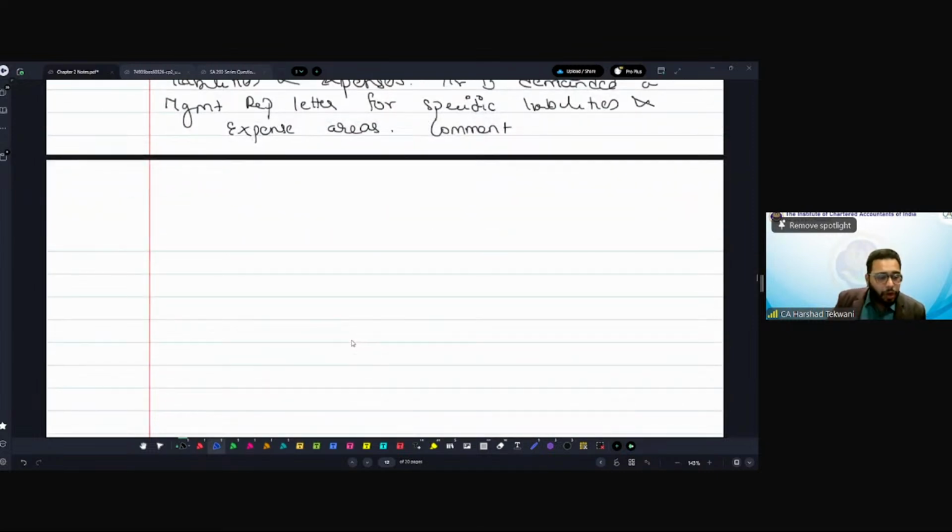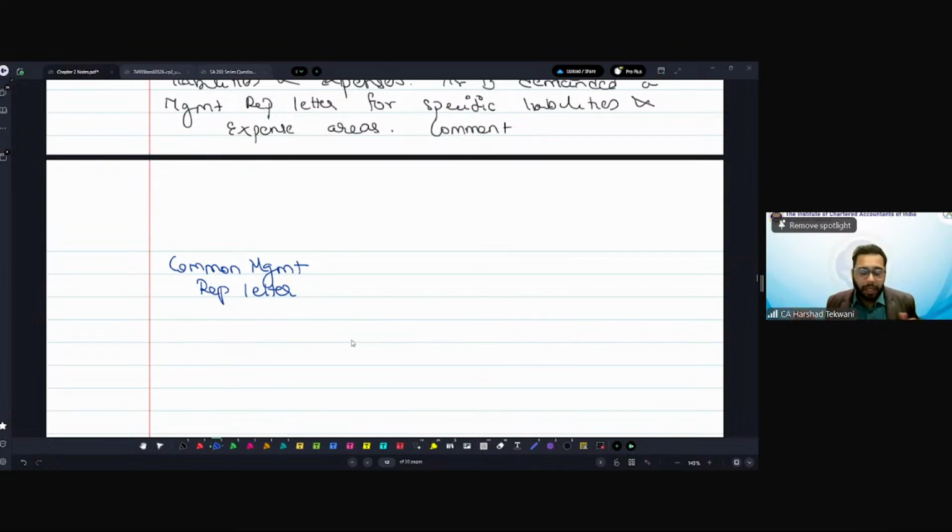In this scenario also, we would require a common management representation letter, not a separate one. I'll tell you the reason. Let's say management gave a representation letter to only one auditor, not to the other auditor. Management confirmed that, okay, there is no fraud,